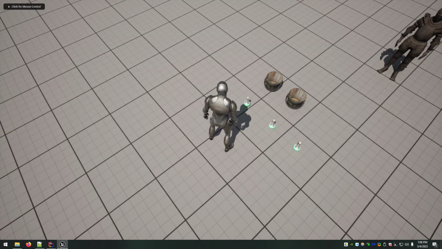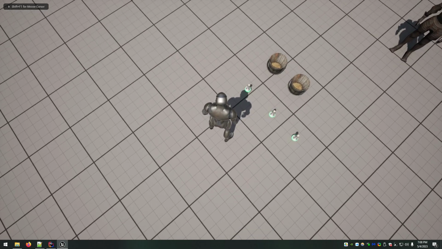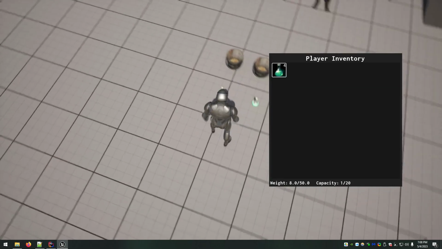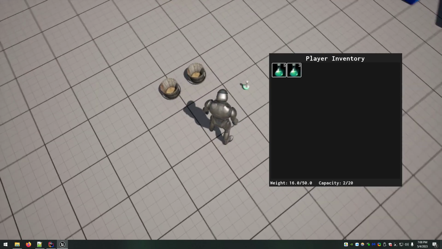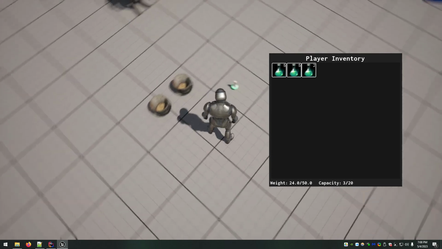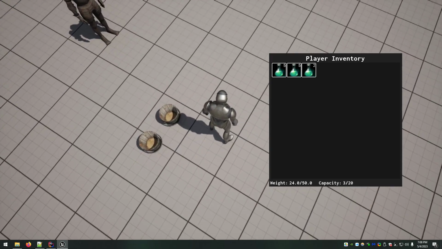Regeneration potion times 4. Oh yeah, no, I messed up. It's going to calculate it. I wanted to have 3 stacks of 4 sitting in the inventory. We will be able to do that check, but we can't yet because we don't have the split functionality. If we had the split, we could customize it here to be however much, but right now we can't. It's just going to keep adding to the stacks, but it's still fine. We can still do this.